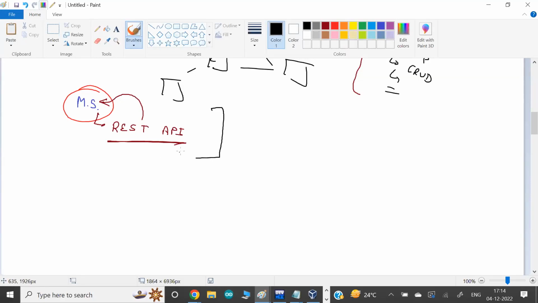REST API is available to us with the help of some kind of framework, and the framework that we are going to use is called Quarkus. It's one of the frameworks, especially for the JVM or Java world. For other languages, we have different frameworks available. But Quarkus is not only to implement the REST API. There are much more things it can develop and implement for you.